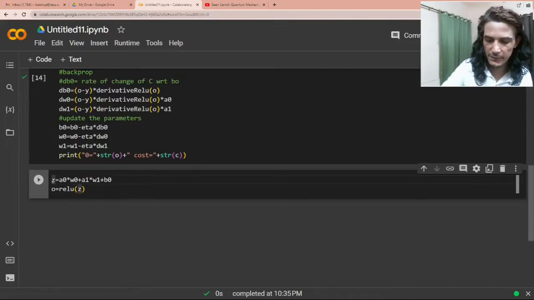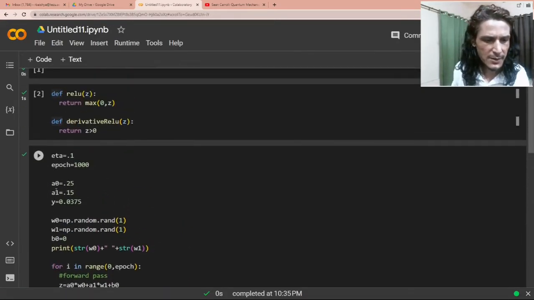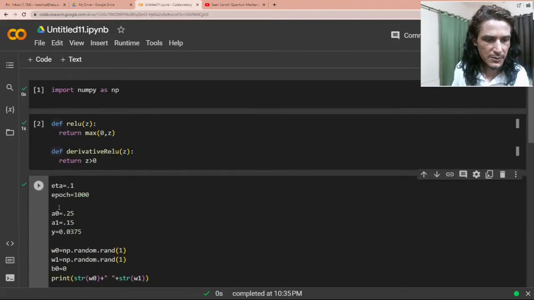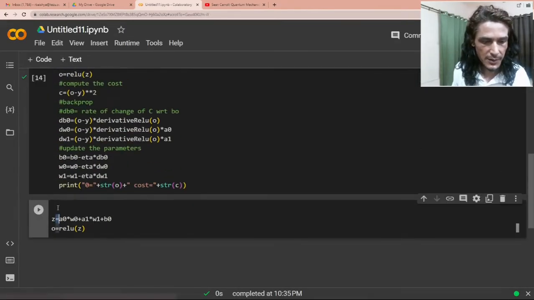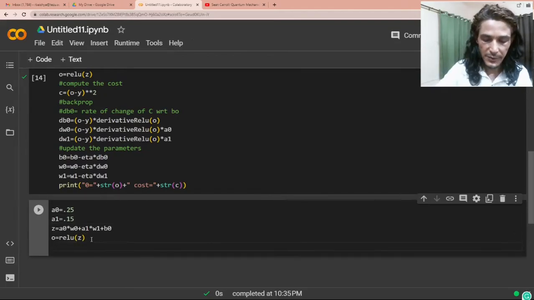Given a pair of A0 and A1, let's start with this itself. Okay, let's start with A0 and A1. Then do that multiplication and compute that intermediate result based on these learned weights and biases, and then pass that g value through a ReLU function